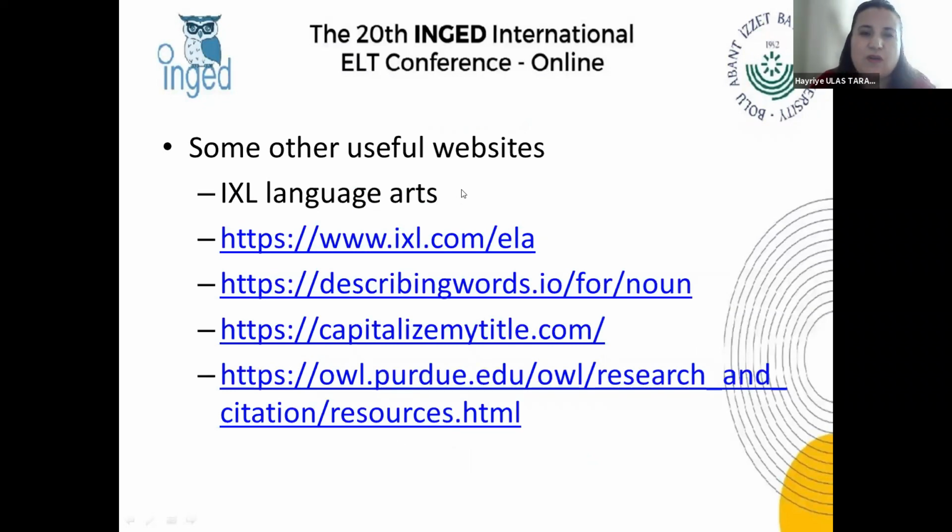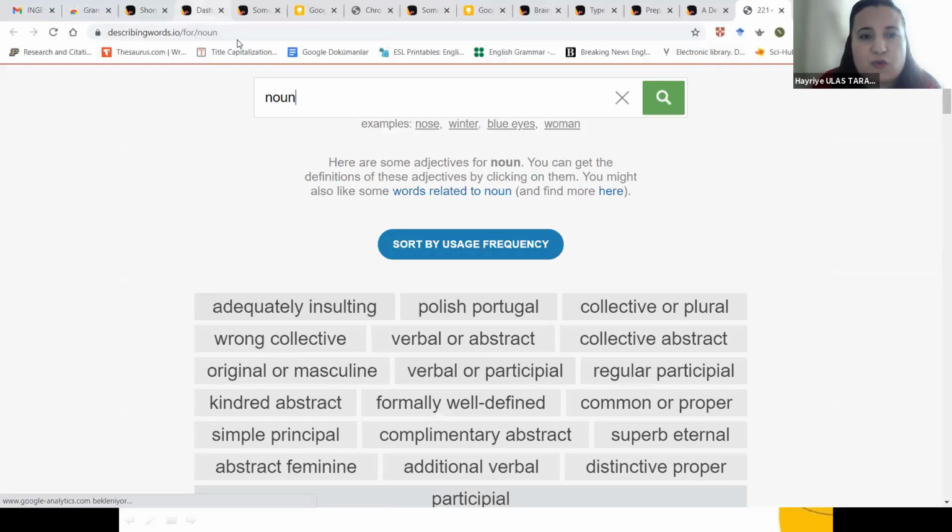And here are some other useful websites I can share with you. This website, IXL, is really useful to let your students do some writing preparation, showing them how to write the main idea, how to write the supporting ideas, how to find irrelevant sentences. There are so many things you can find. And describing words is really useful. Again, it's a really nice shortcut